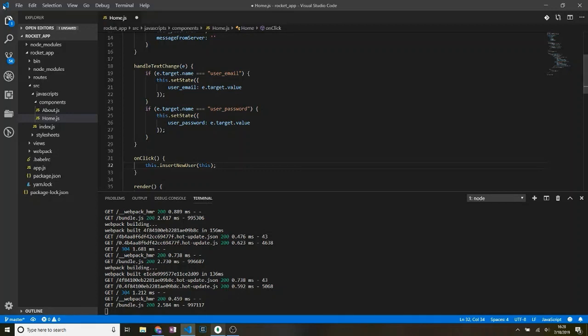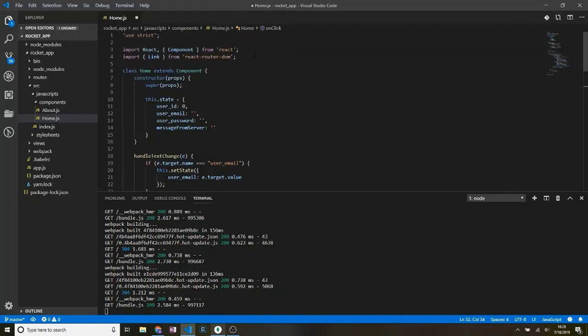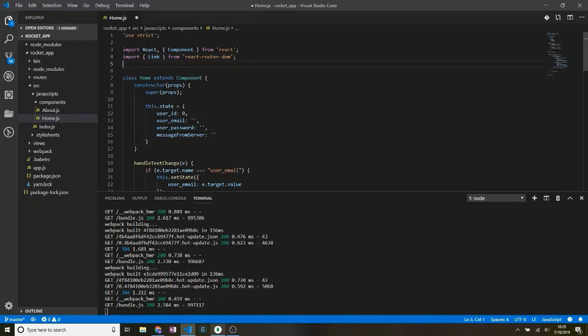So before we do that, there's a couple of things we need to import up here. And the first one is going to be the Axios library. So do import Axios from